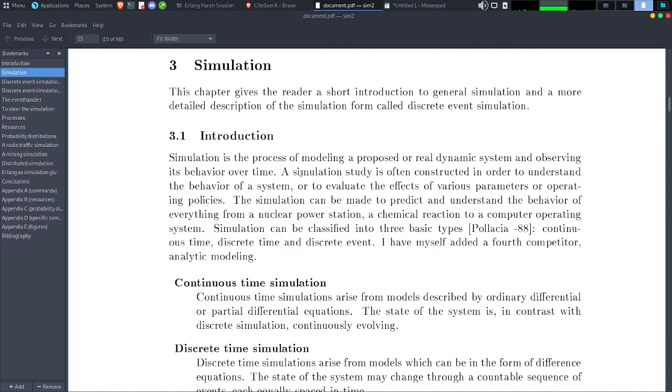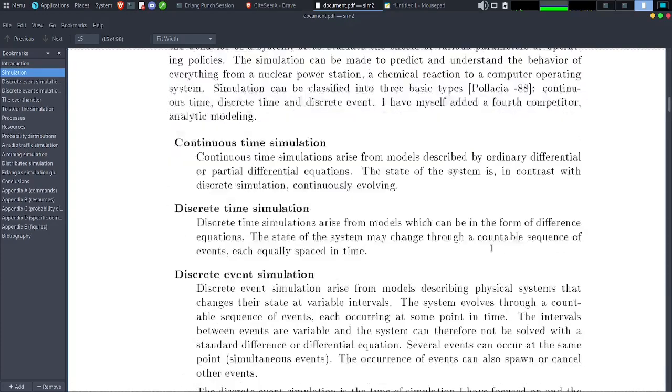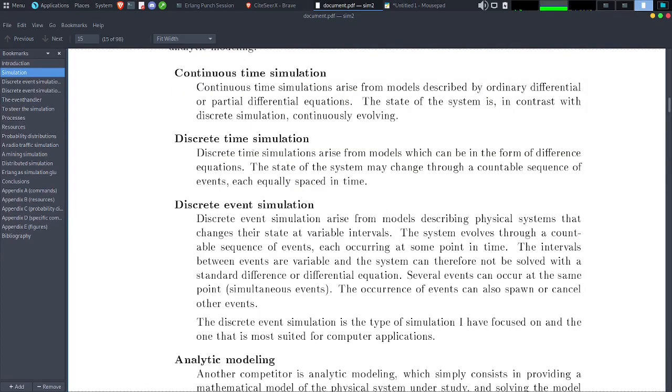Simulation can be classified into three basic types: continuous time, discrete time, and discrete event. I have myself added a fourth competitor, analytic modeling. Continuous time simulation arises from models described by ordinary differential or partial differential equations.